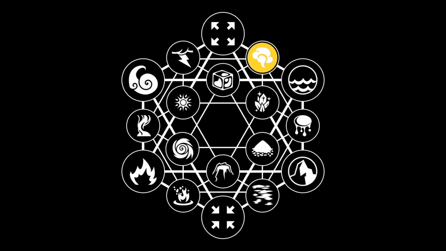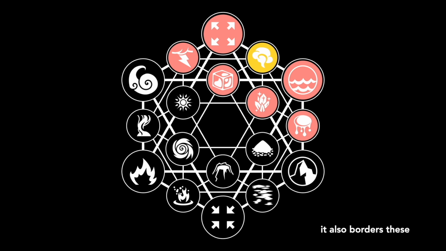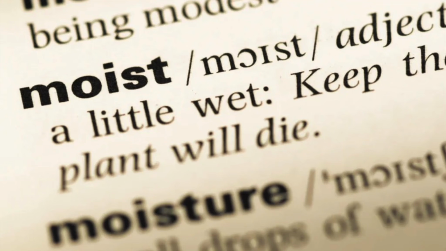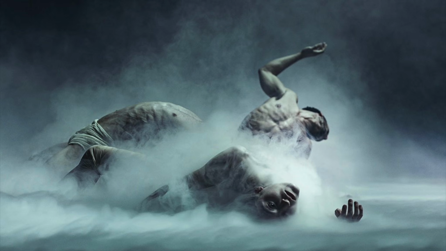Steam. The quasi-elemental plane of Steam sits between the plane of water and the plane of positive energy. Honestly, the plane of mist would be a better name, as it isn't hot here. It's actually quite cool. It's also not very pleasant. This plane is the nightmare of all the people who say that they hate the word moist. The mist, or steam here, is thick and cloying and seeps into everything. It's so bad, in fact, that even though you're not swimming in anything, you run into a serious risk of